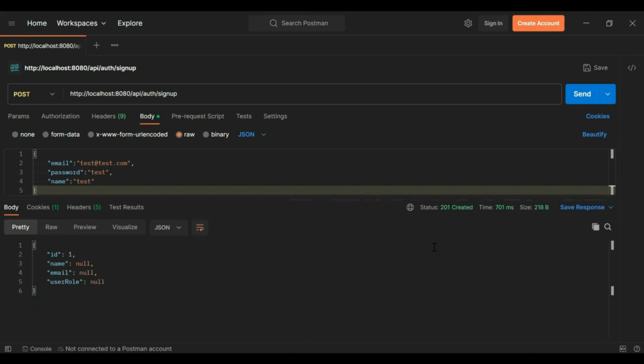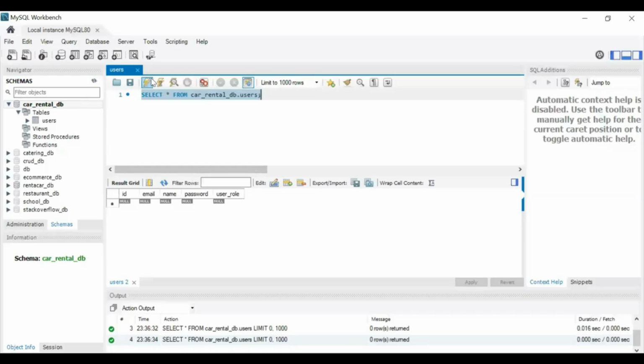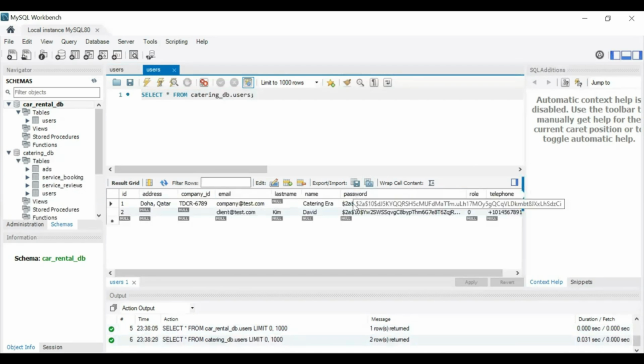We are getting the response. You can see the status, that is 201 Created, and you can see the data that we got in the response of the API. Let's go to our database and let me refresh the table, and you can see customer created successfully. So now I'm saving the password in the form of a string. In the next video, we will update the password and save it in hash form like this. Let me open another database. You can see the user table, and you can see the password. So we will store the password in hash form.